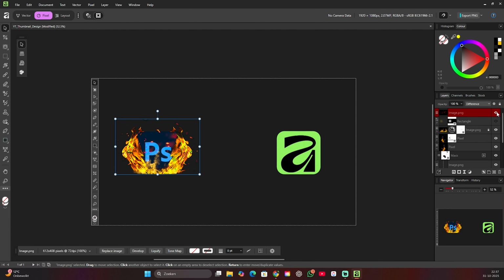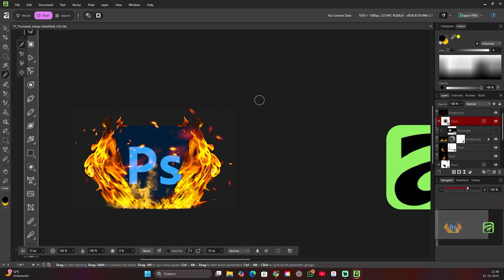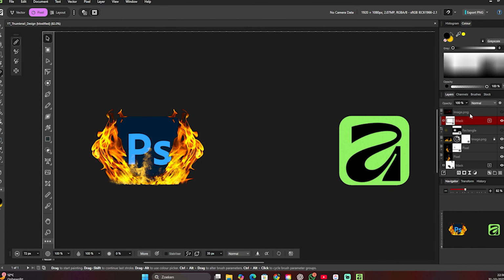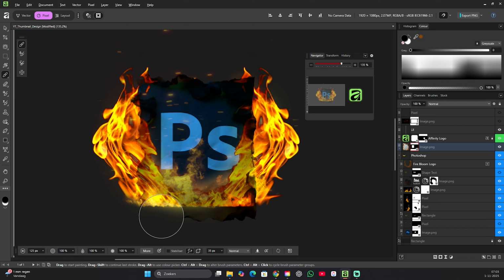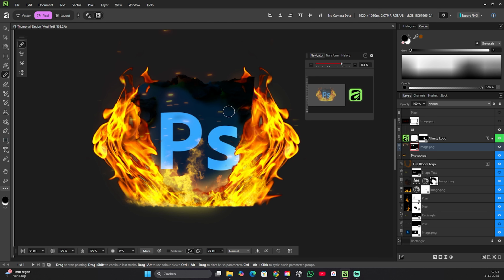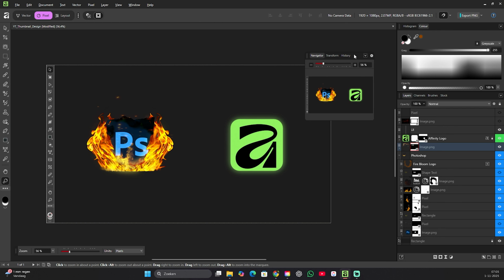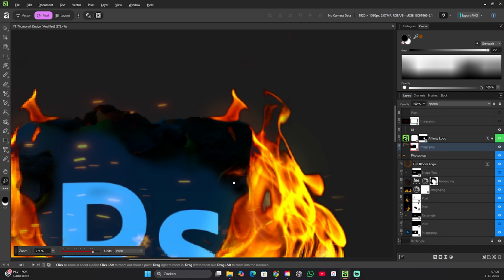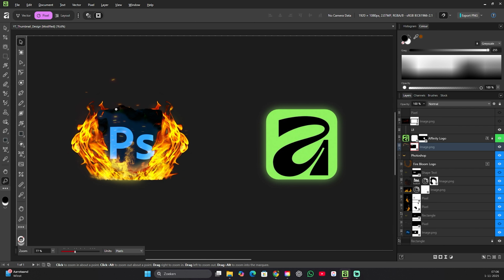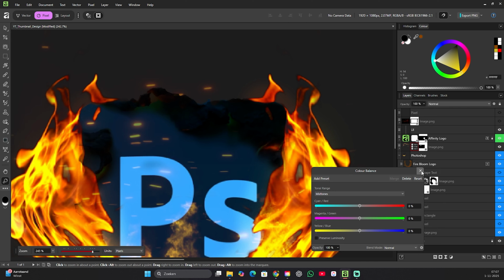I also added some fire embers for a bit more movement, and then I just played around with the overall thumbnail layout from there. Next, I downloaded an image of burnt paper because I wanted the Photoshop logo to actually look like it was burning since, you know, it's literally on fire. I set that layer to multiply so the lighter parts disappear and the darker textures stay visible. After that, I just cut out everything that wasn't relevant, especially the parts that were supposed to sit behind the